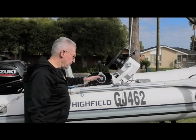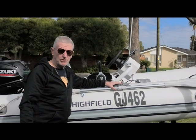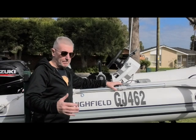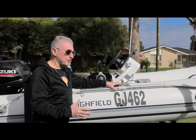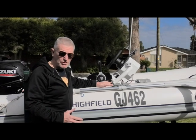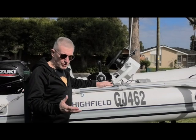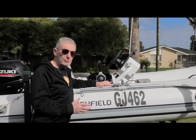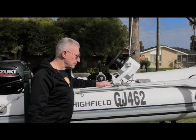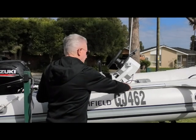When I saw this boat at the boat show, it came with a set of oars. This boat is basically designed as a tender, which is a boat which you take from your major yacht onto a beach, and that's what they were first designed for. And the oars are pretty good, because if the water gets too shallow, you can't use your outboard motor because your propeller will drag in the sand. Well, you simply get your oars out and start rowing into the beach. So it's quite a handy little thing to have oars on your boat. But unfortunately, when you own a Highfield